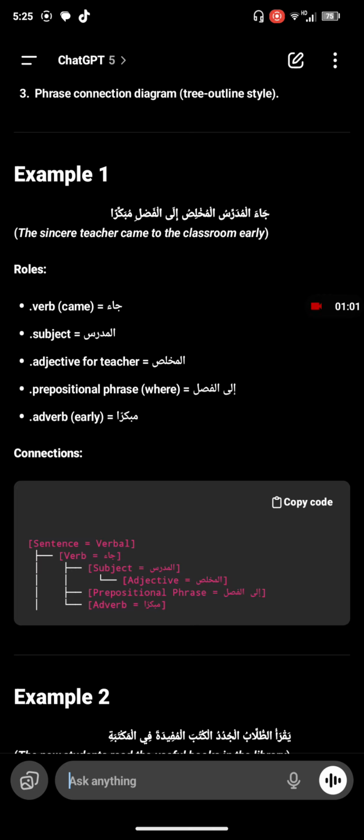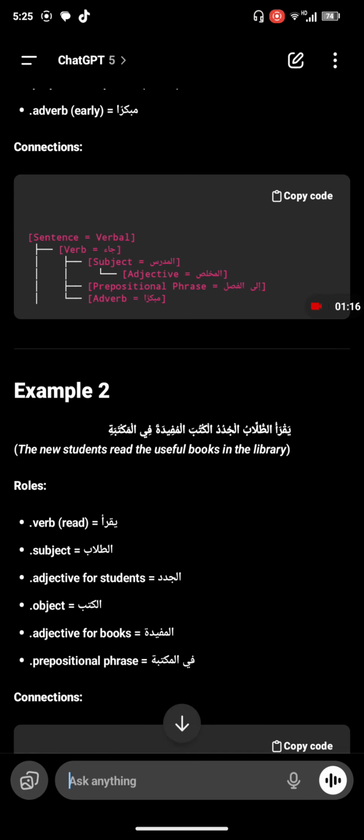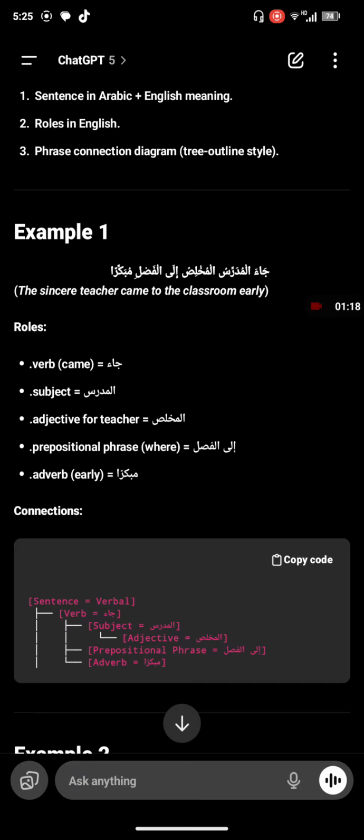Ila fadli is the prepositional phrase, and the mubakir is the adverb. And this at the bottom, which shows the connections on how everything connects, shows that the